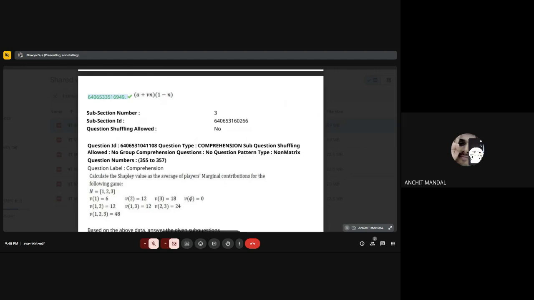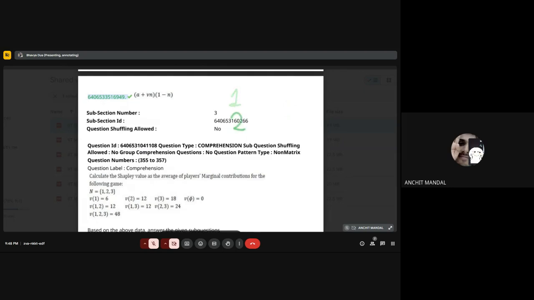Sorry. Yes. So this is a pretty straightforward question, guaranteed to come into the paper. Shapley values. This is week 11, I believe. The way to solve this is there are two ways. The first way is you make the table, which is what has been recommended, and the table will tell you